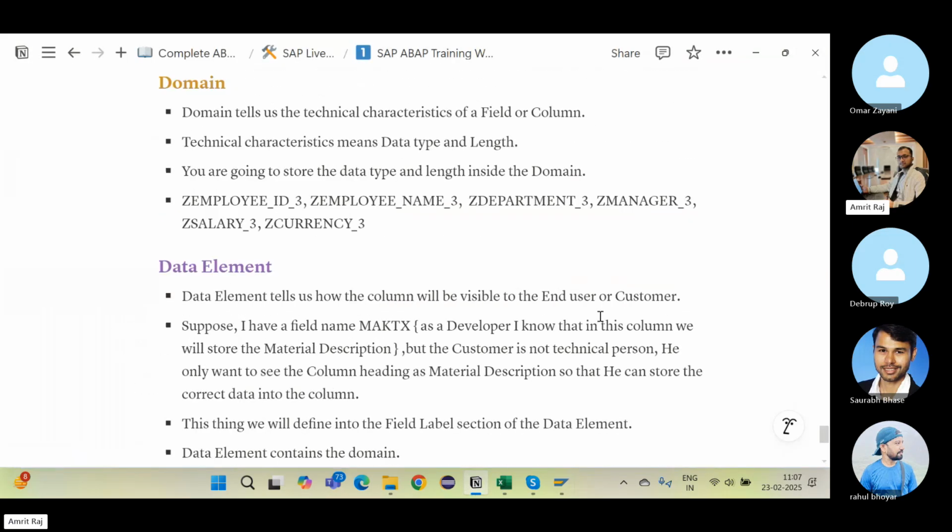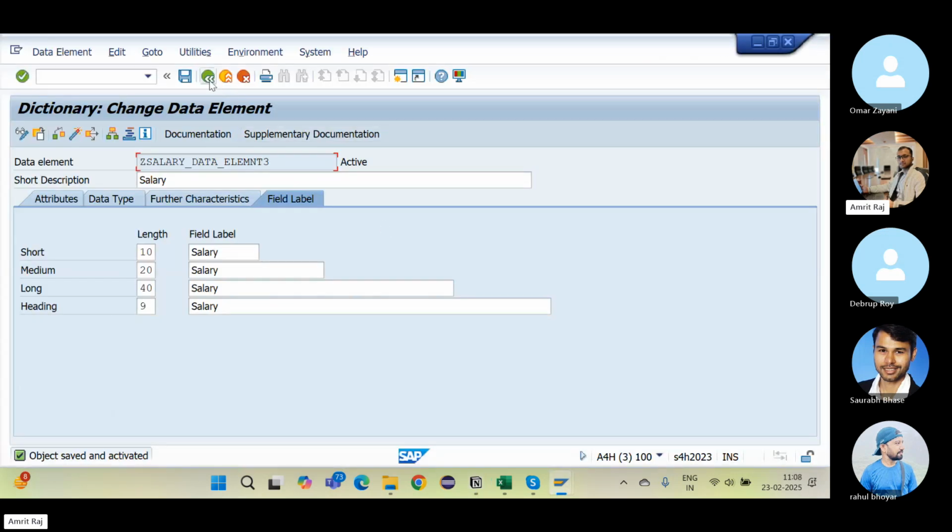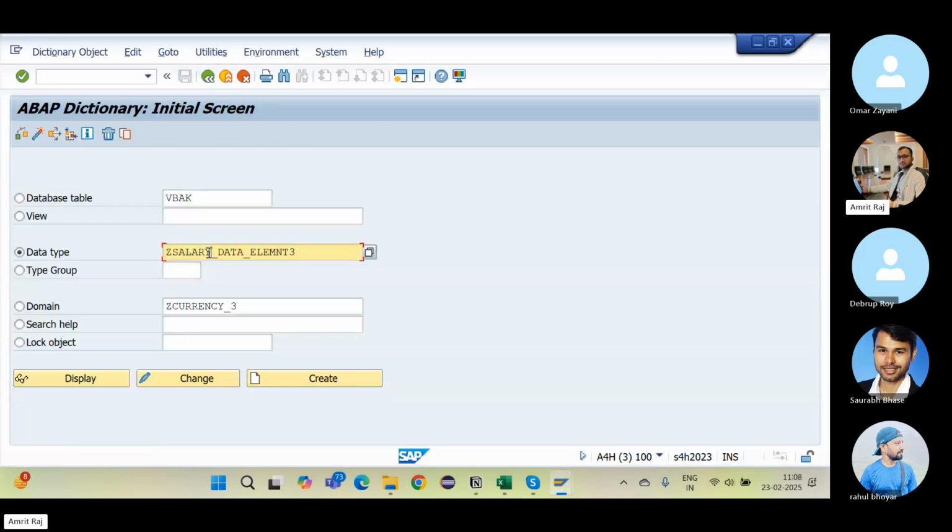And at last the currency one. So currency data element, domain, copy, go back to SE11. I will give the data type here. So Z currency,